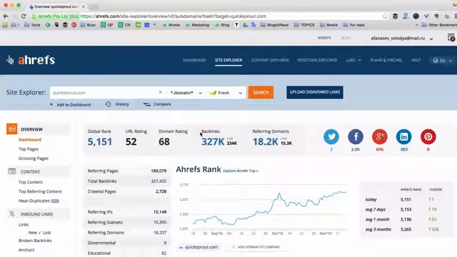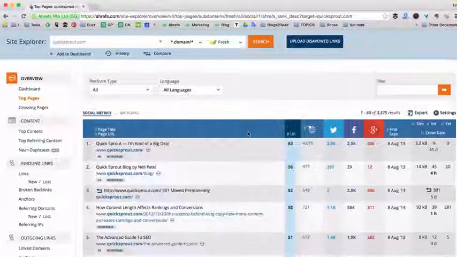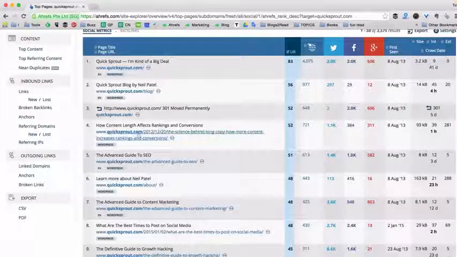The linkable assets of this blog, quicksprout.com, would obviously be the pages that have the biggest amount of backlinks. The biggest amount of referring domains actually, because it doesn't really matter if one site is linking to you 100 times as much as it matters when 100 sites link to you only once. And actually I can solve this issue by going to a simple report that is called top pages. And that's it. This is the list of URLs on quicksprout.com, which is sorted by the amount of referring domains,